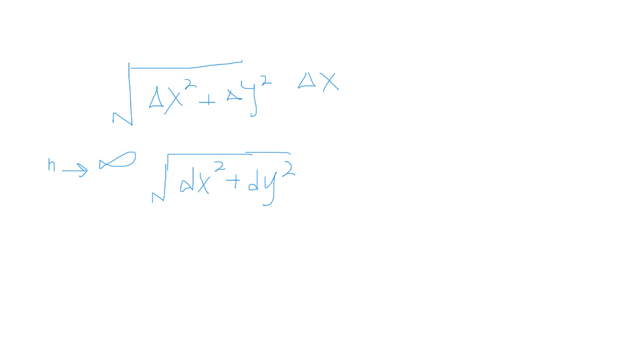Oh, no, this one, right? So the hypotenuse, the arc length of each small piece, equals the square root of this. Then when we let n run into infinity, we change it to be dx squared plus dy squared. Now I can factor out dx squared, right? I can pull dx outside. So square root of dx squared is just dx, right? So this one becomes 1, and this one becomes dy